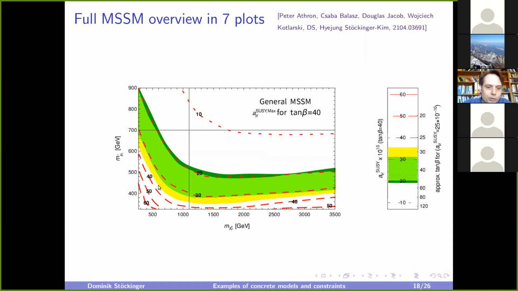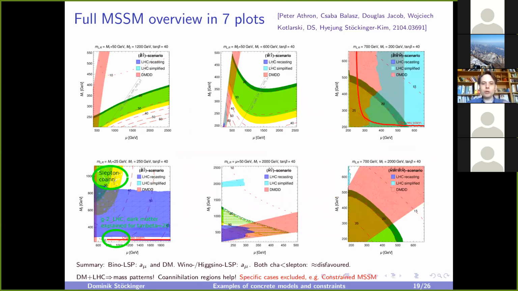So you need to be either in this rectangle where both sleptons and charginos are below the maximum LHC limits, or in one of the others where either the sleptons or the charginos are below LHC limits. That means you need to be in some tricky parameter space where you evade the LHC limits, for example, by small mass splittings. So this is the general picture. And now let us look at the 6 detailed plots. Don't worry, I will not go through all the plots in detail, but let me just give you the overview picture.